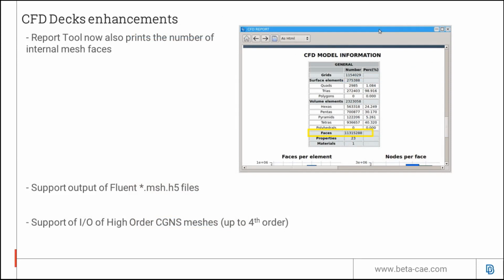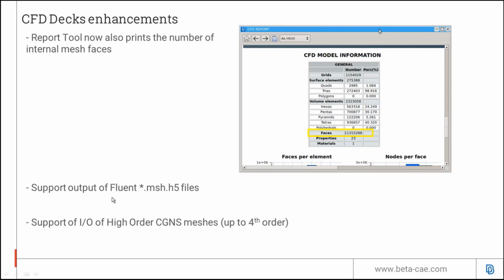The report tool has been enhanced with the reporting of the number of faces of the model. This includes all faces, exterior and interior. This is an important value because now that the models tend to increase in size to hundreds of millions and possibly a billion, this number increases a lot. For example, if it exceeds 2 billion, it may have some problems in specific formats, so that the user can know in advance if a certain format supports output of such big models.